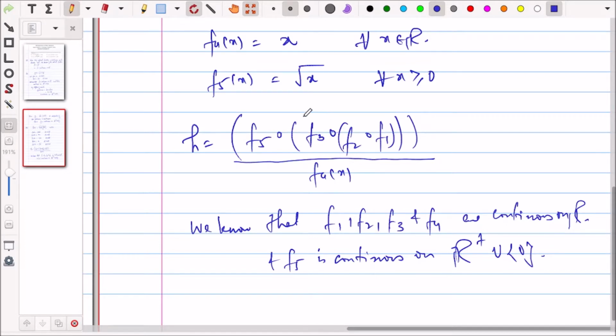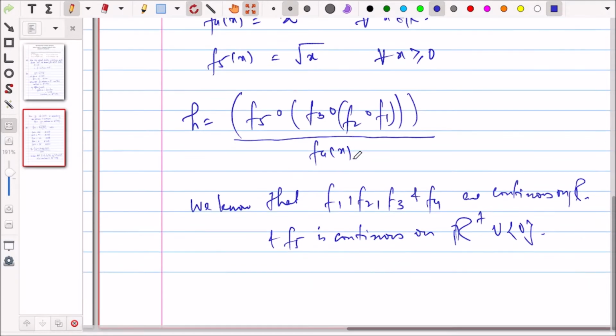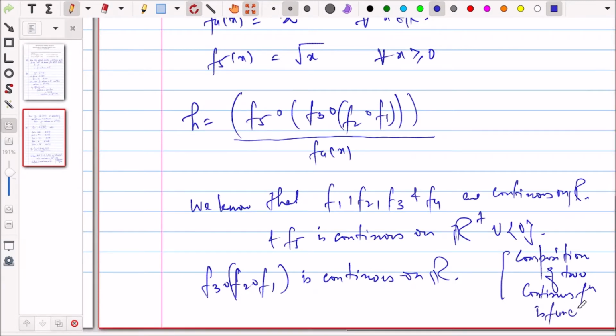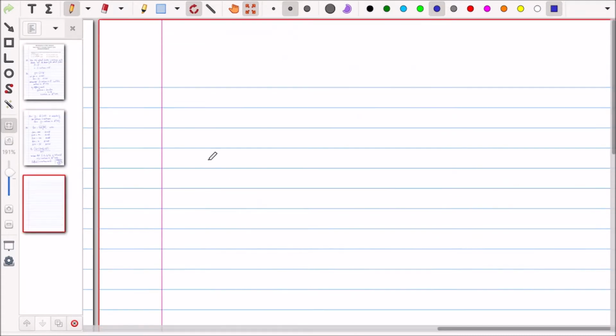So it is continuous on whole of R. So f3 of f2 of f1 is continuous on R, since composition of two continuous functions is continuous. Okay, so this is continuous on R, and f5 is